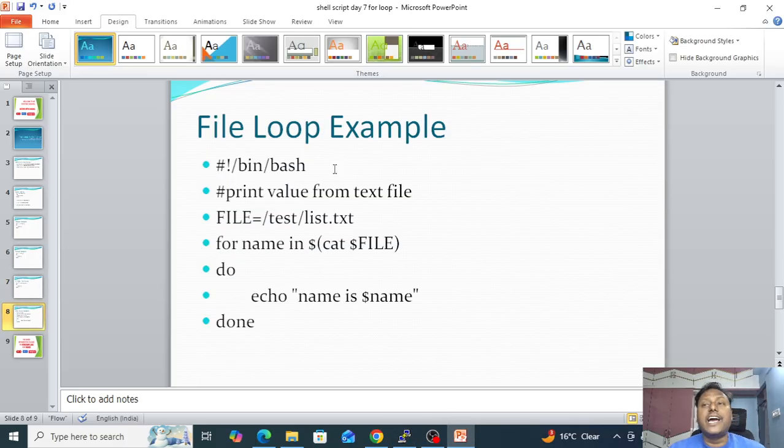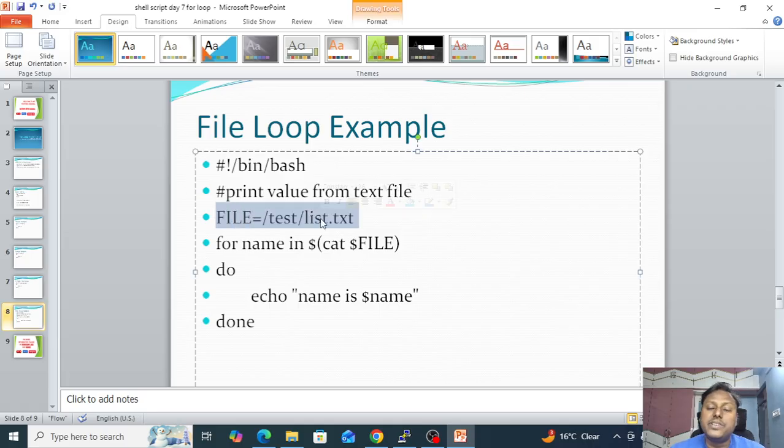Now there is another example for loop, like we can give input as a file, and this is really important for production scenario, because whenever I want to run some commands on 100 servers, that time I will be giving the file name. In the file I will be mentioning my 100 server names, okay, and this is the real time use case in the production scenario. Okay, let's try to